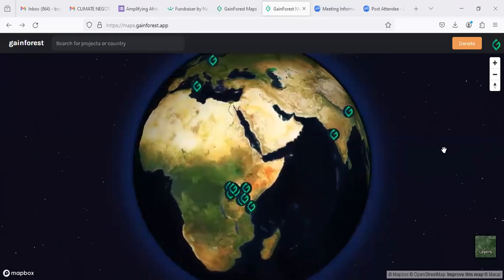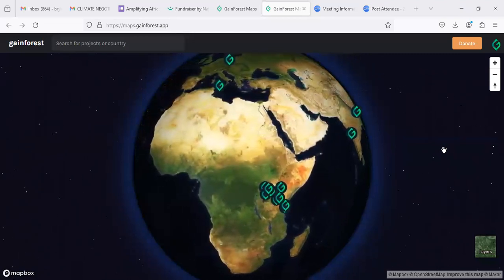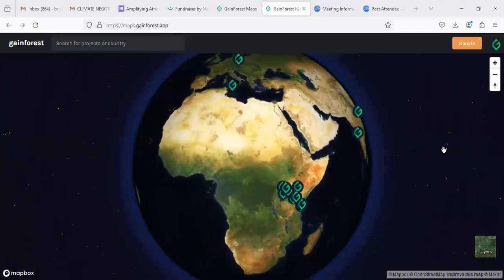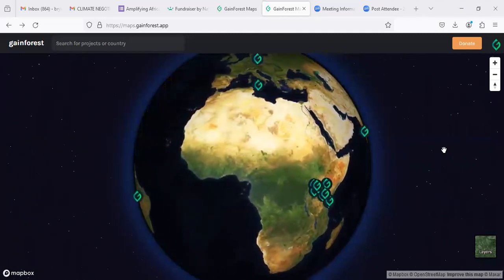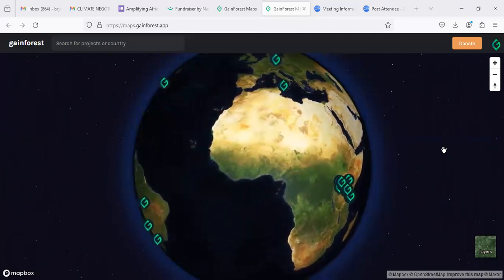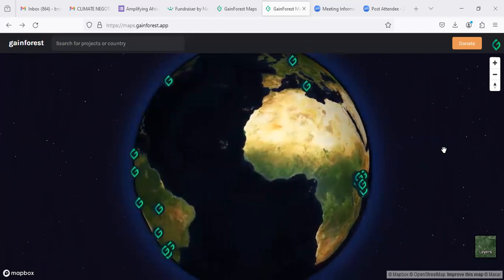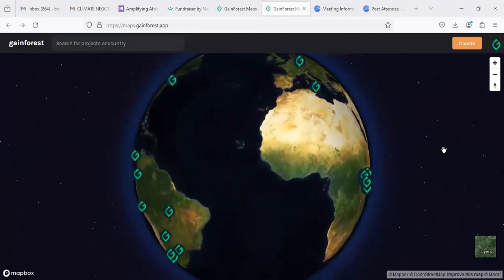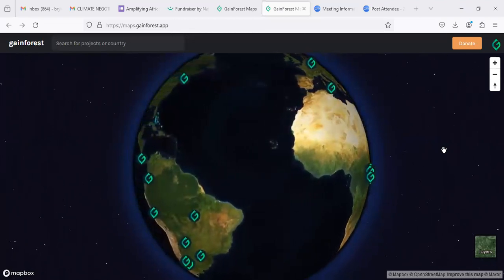Hi, today I would like to show you how we are working with GainForest and the GainForest Green Globe to help us increase transparency and accountability of our projects. So I'm just going to take you through how it works so that you have an idea of what really